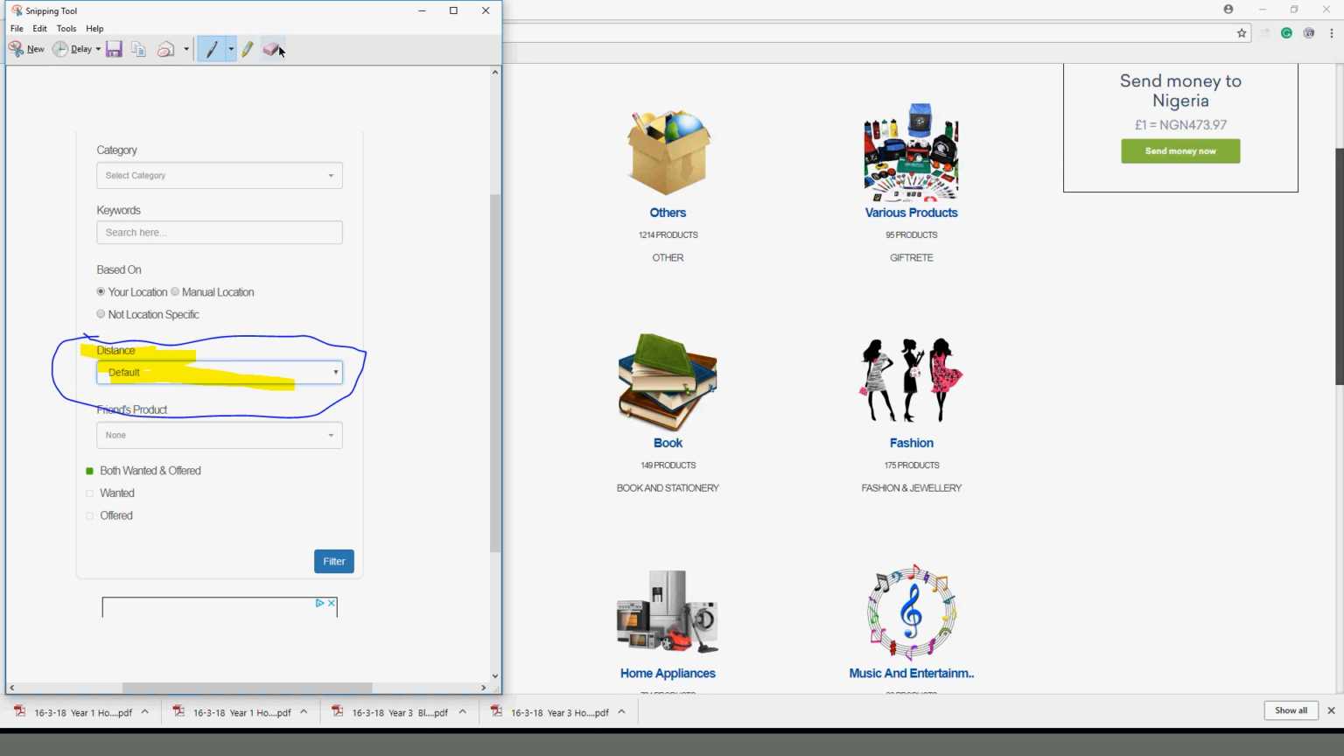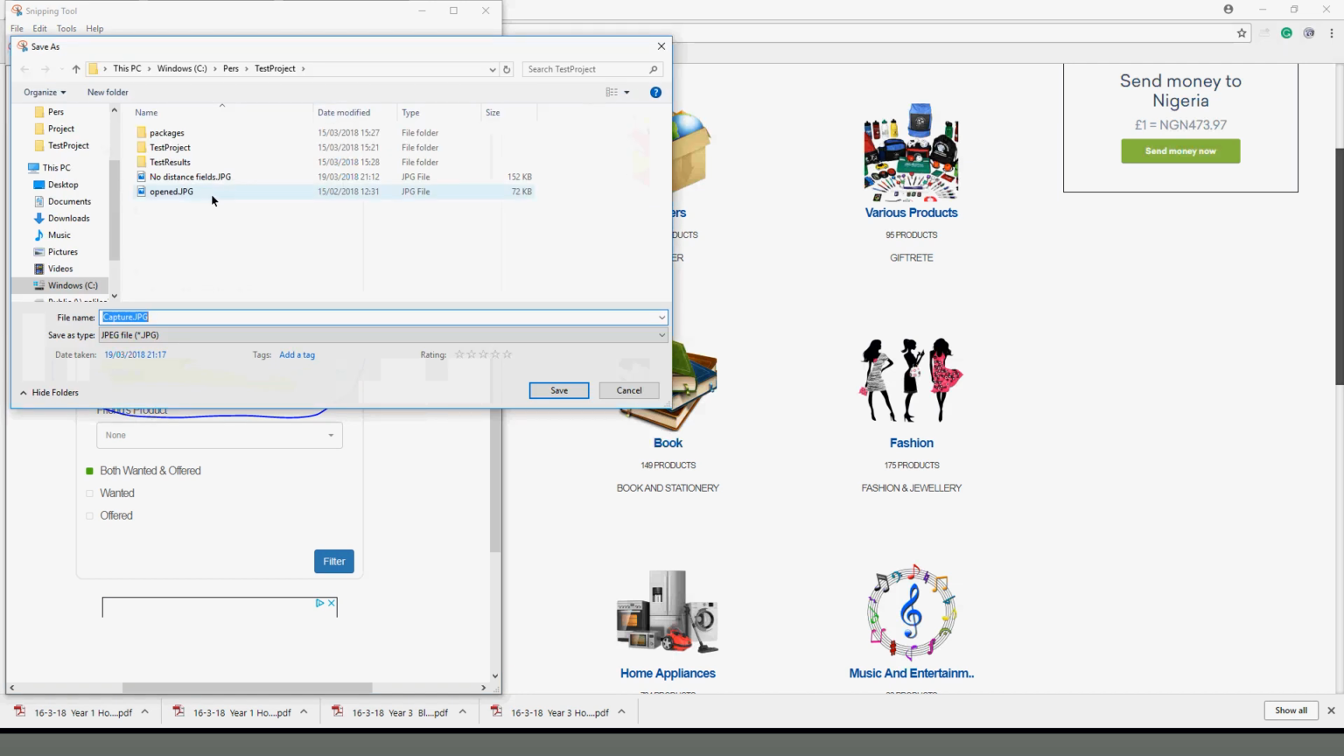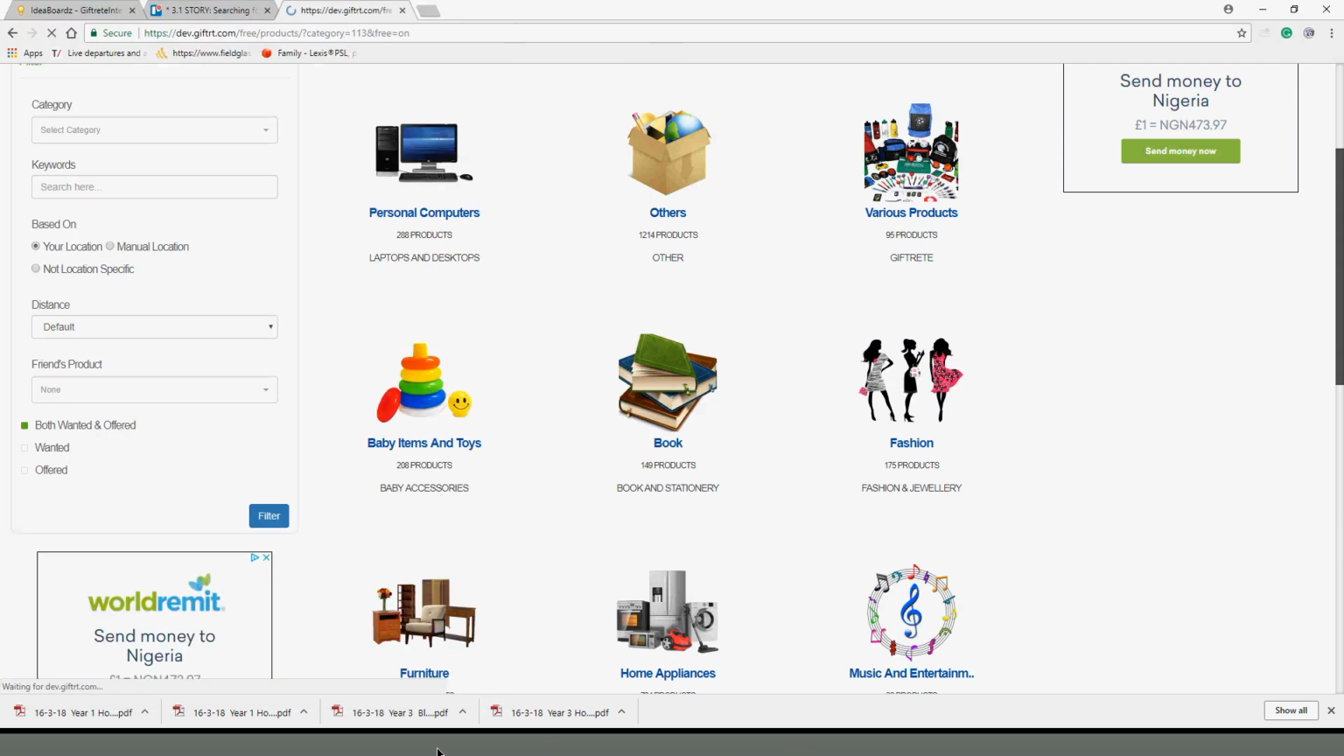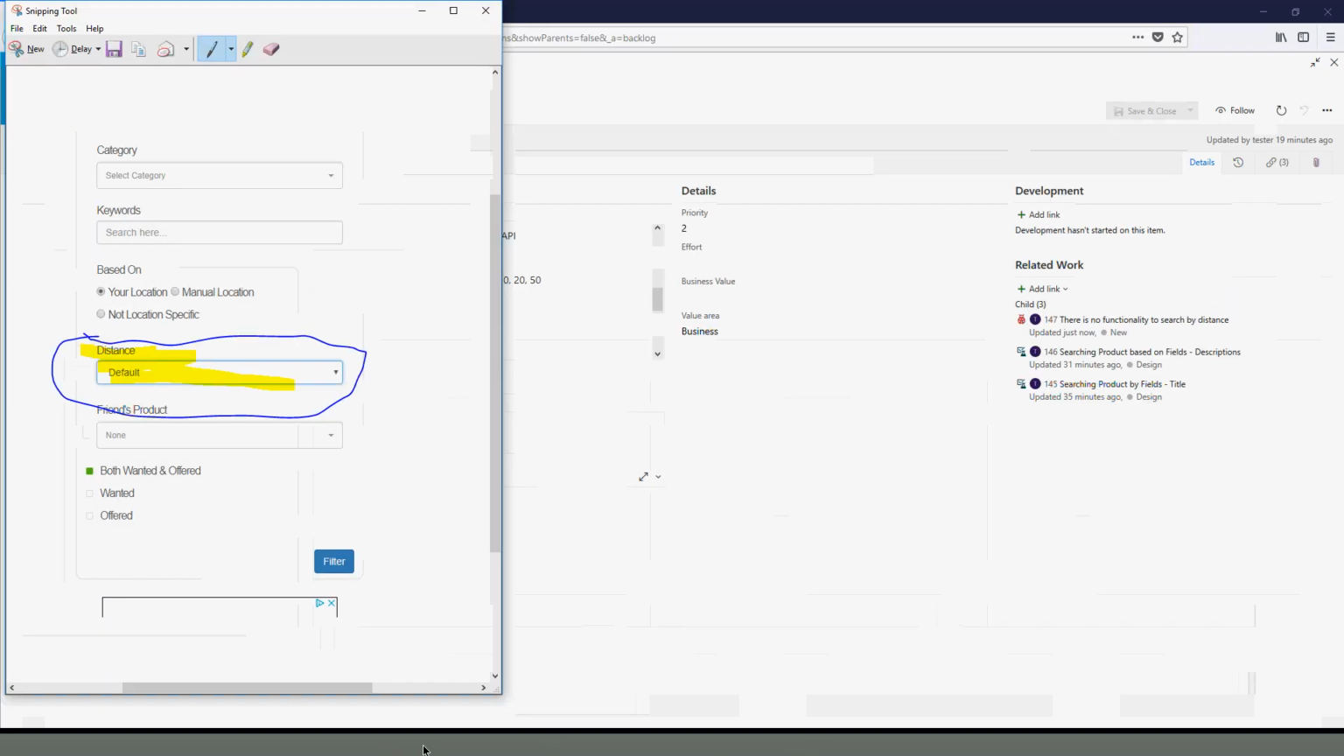So you can do as many, or you can also erase what you want to erase. Then click on save. Once you click on save, it asks you where you want to save it. Initially I said no distance, but in this case now, there's a distance field. So I click on that, then that is saved, and I go back